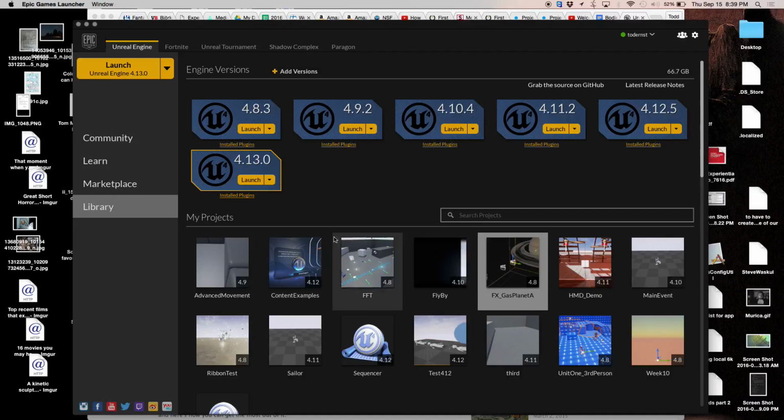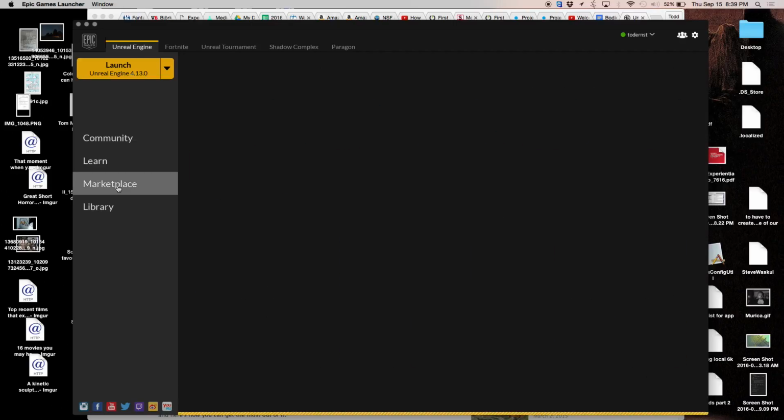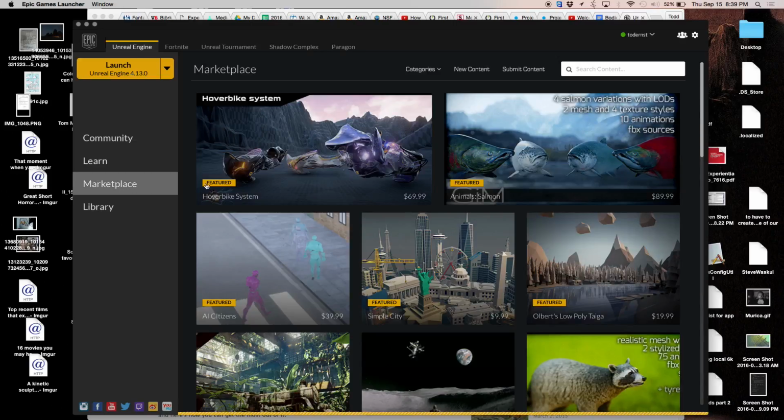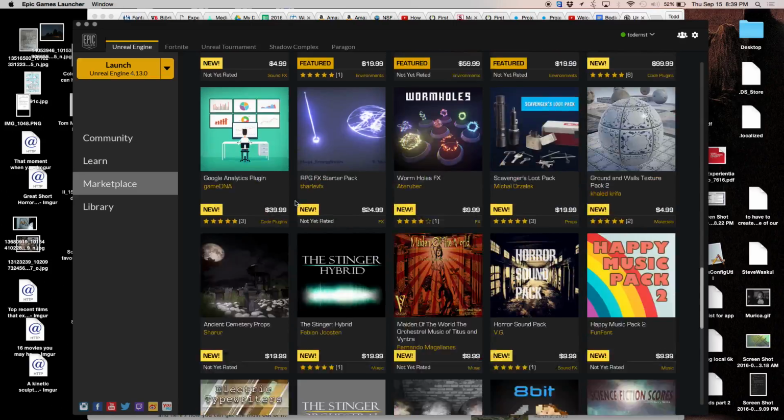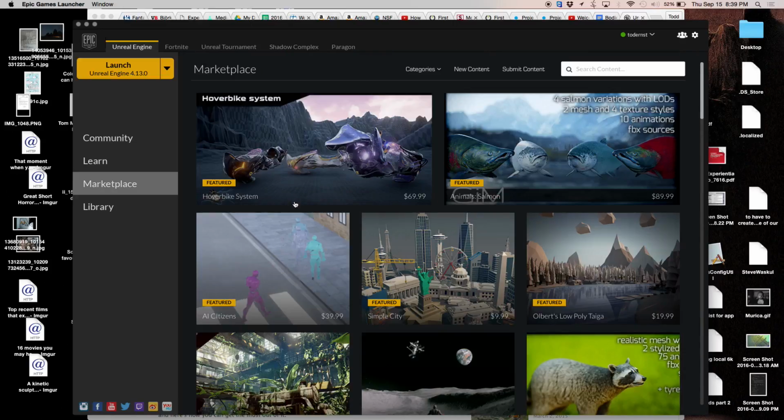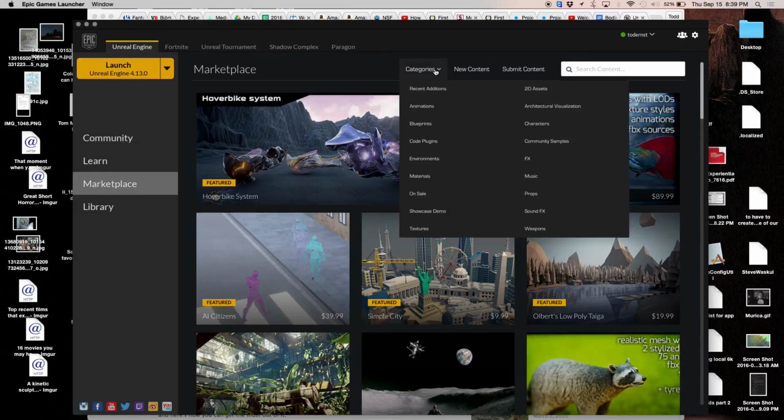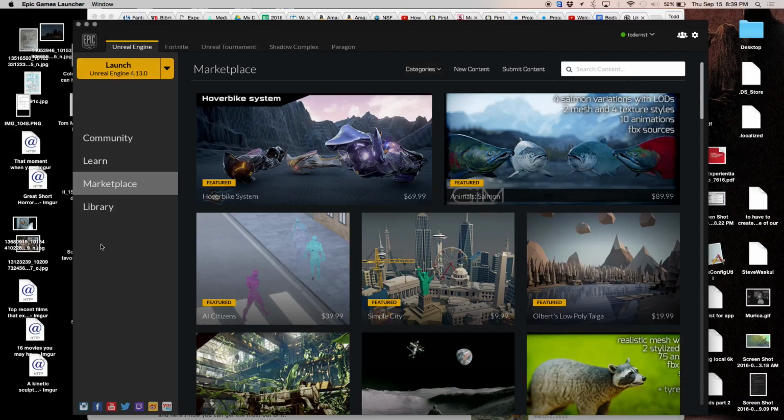So we have our library. I'm going to go to this tab on the left side. We have Marketplace. Should you feel rich and want to spend some money, here's how you buy things. You can buy all sorts of stuff. It's all categorized at the top. You have entire worlds, entire games you could download that you have certain copyright accessibility to use, animations. You have code. You have materials. You have special effects like particle systems. Music, sound effects. All this kind of stuff can be purchased.